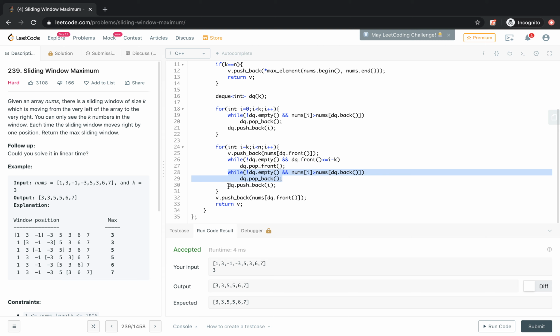So we are doing the same thing and pushing the current element, and at the last we are printing the maximum element of the last window. So this DQ front is actually the largest element, and the back is the smallest element. You have to make sure.